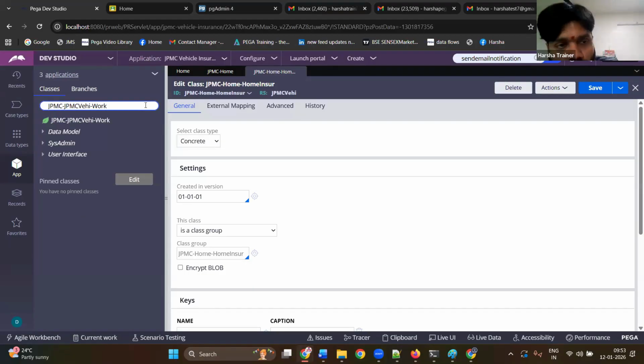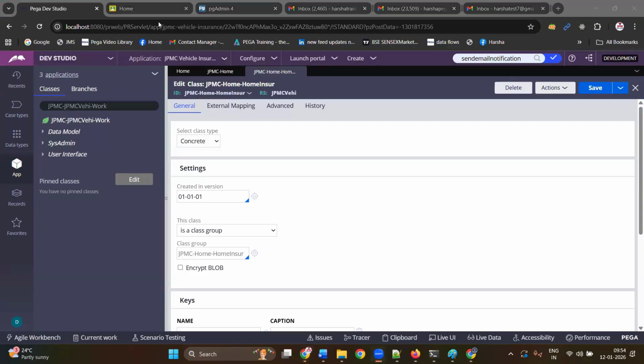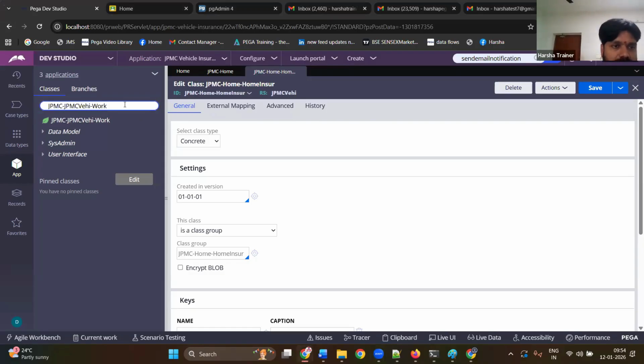What do we have to do generally? Are you getting it, everyone? Yes, sir. Right? But we don't have to do it. Pega has already done that. See, look here. These are three classes, right? Each class is separated or connected by a hyphen. That hyphen in Pega, you read it as dash. Dash between two classes defines the inheritance relation.